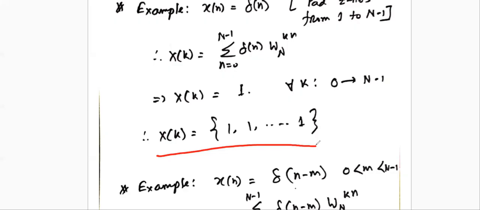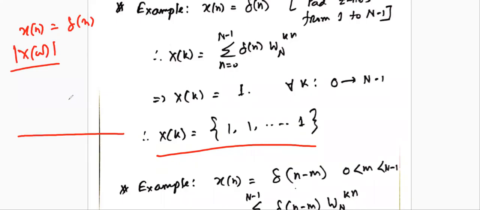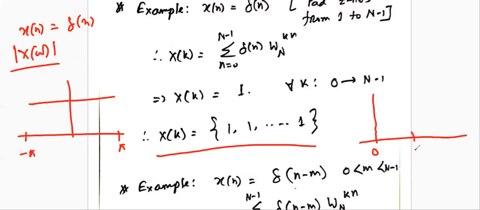And now the question is, are you happy with this? This is the response in the frequency domain. How can you justify that, yes, I am happy with the previous experience? If you can recall, if you have x[n] equal to your delta function, how does the magnitude response of X(omega) look? Of course, you can understand that it was 1 from minus pi to plus pi. That means if it repeats again, what will happen if I consider from 0 to pi and twice pi? It should be a continuous 1,